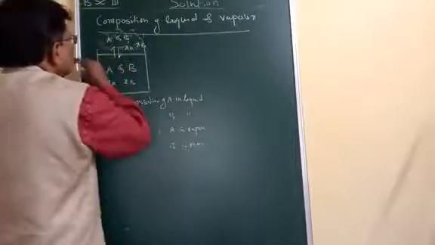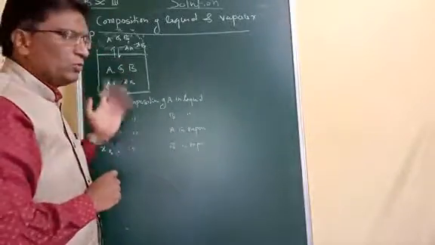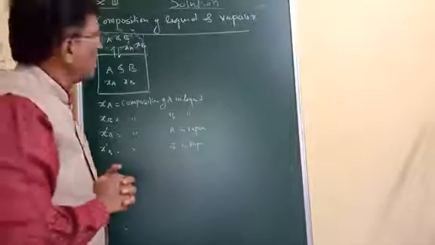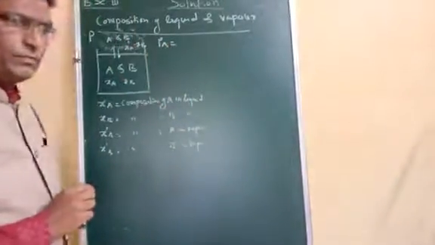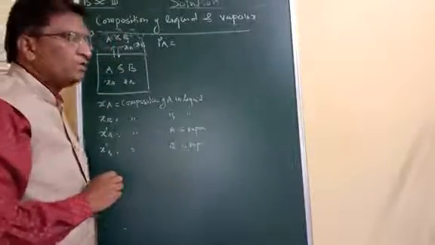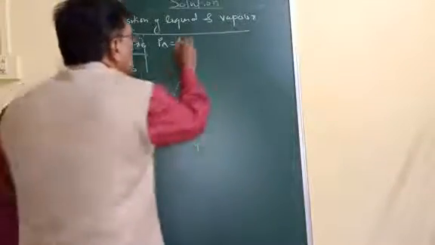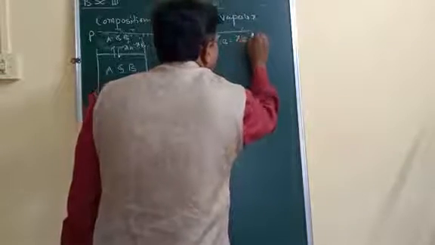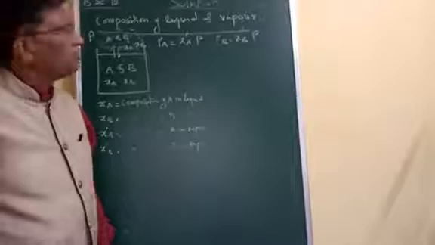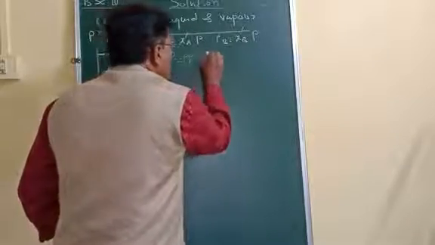Now suppose this is the total vapor pressure of the solution, P. Now if you want to determine the partial pressure with respect to the vapor composition, then it can be given as PA is equal to X dash A into the total vapor pressure, and that of partial vapor pressure PB is equal to X dash B into the total vapor pressure P. Now according to Dalton's law, P is equal to PA plus PB.